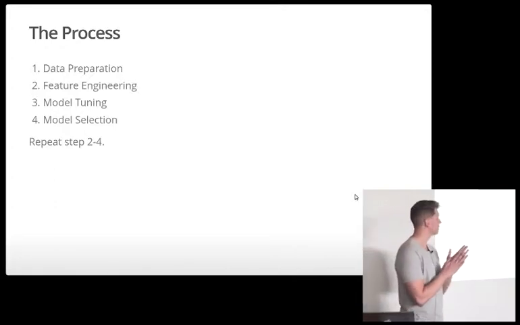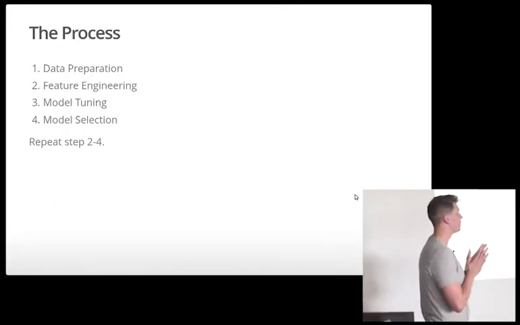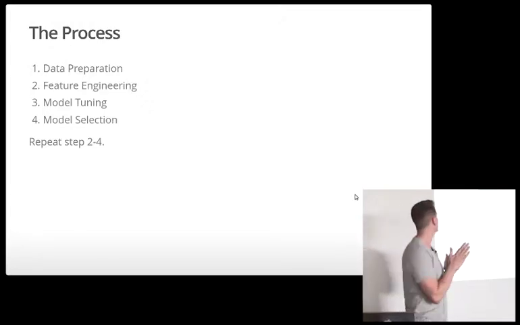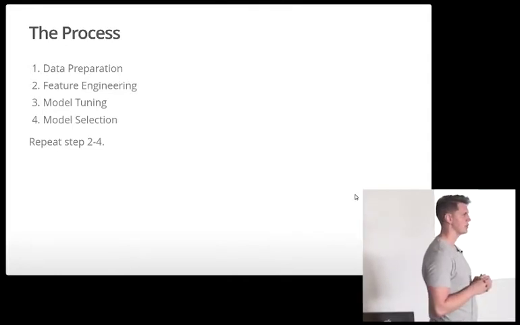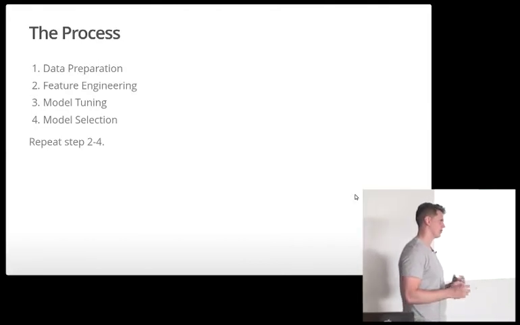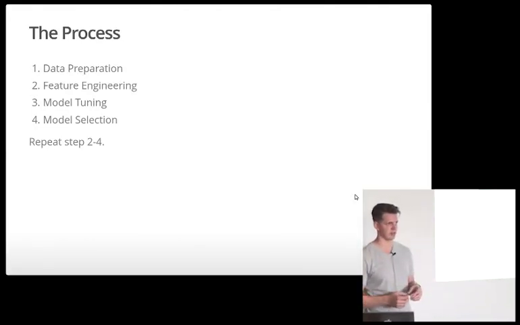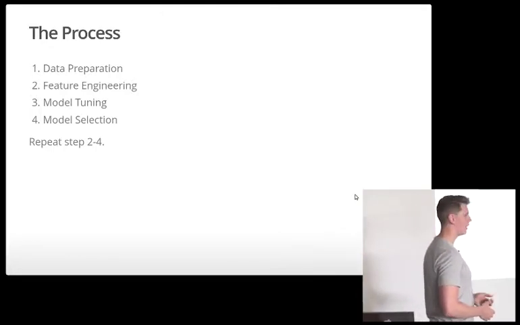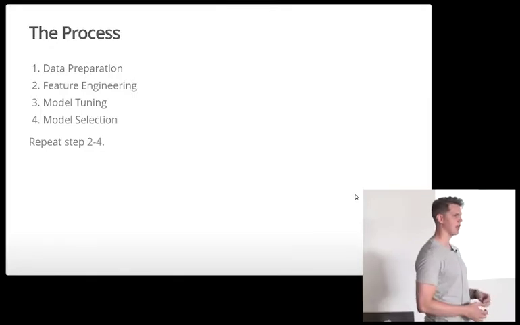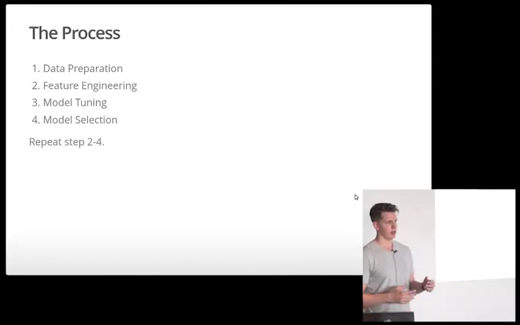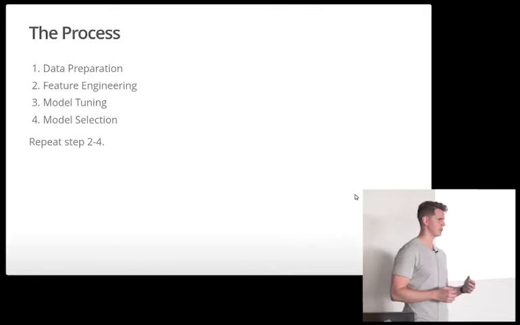So the process that I'm using has 4 steps. First, you take the data as it is, do some preparations, do some cleaning, and so on. Then you do feature engineering, which is basically, sometimes the variables are in the wrong scale. Maybe you want to transform them using some functions, such as logarithm or the square of the value, or something like that. You can also play around a little bit with the output. Do you want to look at prices, or do you want to look at